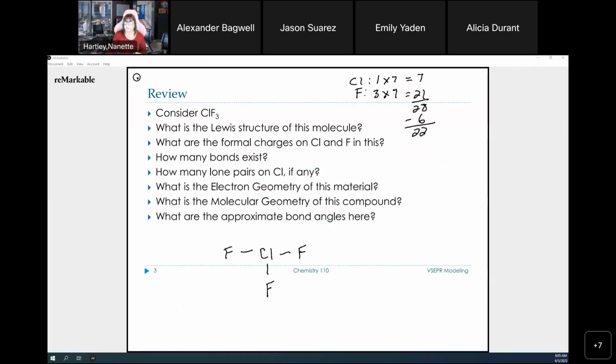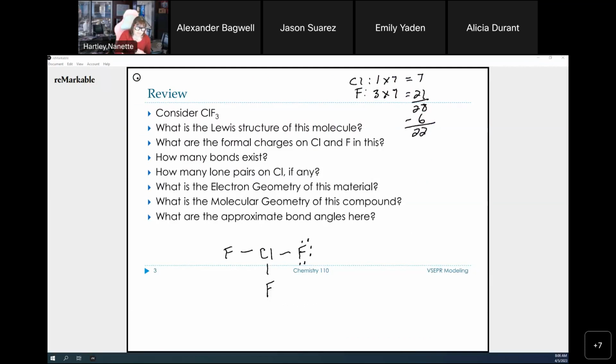Now, I may not be able to do that by transferring electrons. That's not what we're talking about right here. But I am going to be able to do it by sharing. And so that's my goal, is to get that 8. So I fulfill the octets on the exterior first. So each fluorine is going to get 2,